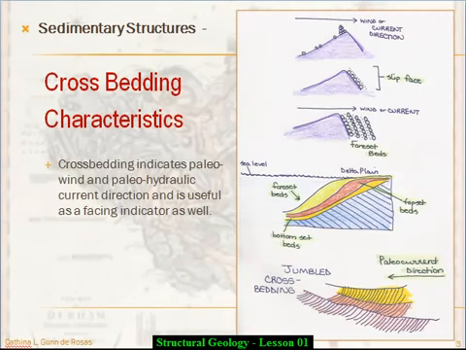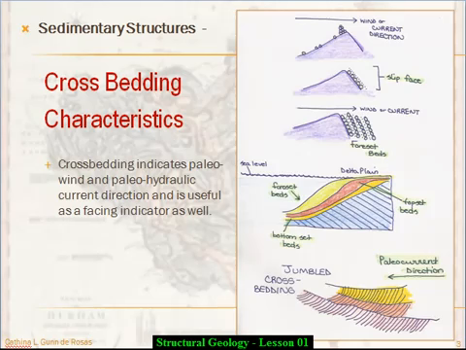Now, cross bedding being so important, let's take an extra minute or two to talk about that. When air or water moves under some sandy depositional environment, like we said, dunes in the desert, or little sand that's running along the bottom of a riverbed, the grains build up into dunes or piles. And when the sediment piles reach a height where they are no longer stable, so you can kind of see in this little picture I've drawn up here, which is what defines the angle of repose, the height at which they're no longer stable, those grains avalanche down the side of the pile, and they stack up in thin depositional